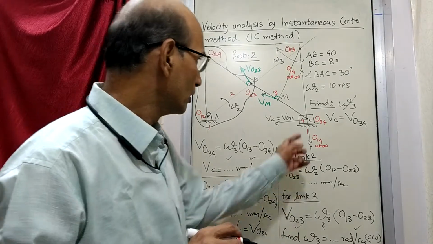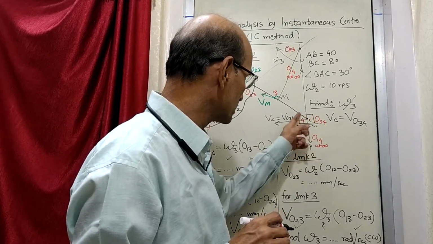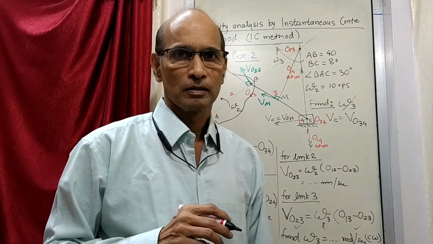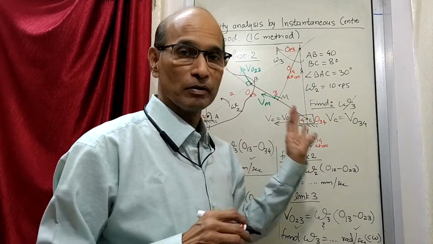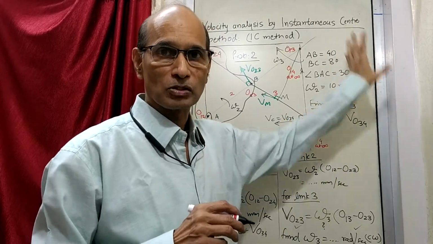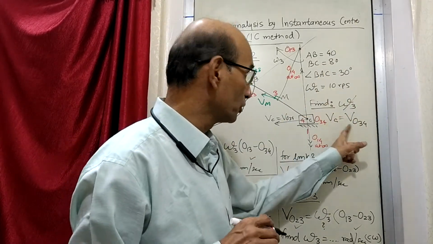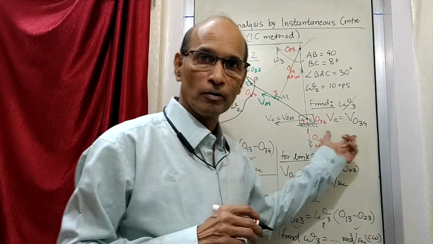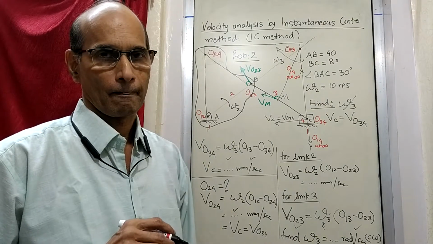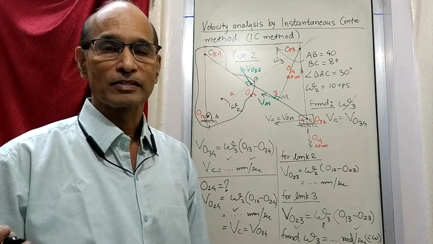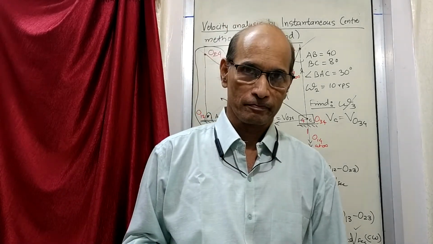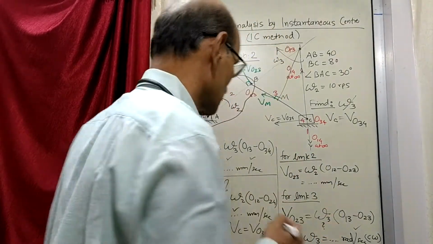Just think over. We have represented this slider by this box shape. Are any dimensions given of this box? In the data, are any dimensions given? Are there any dimensions required here for solving the problem? For solving the problem, for whatever is given and whatever you have found out, there was no requirement of the size of this box. Which means that the size of the box can be anything, which means that the box also can be expanded. So if you expand a box, what can you do?